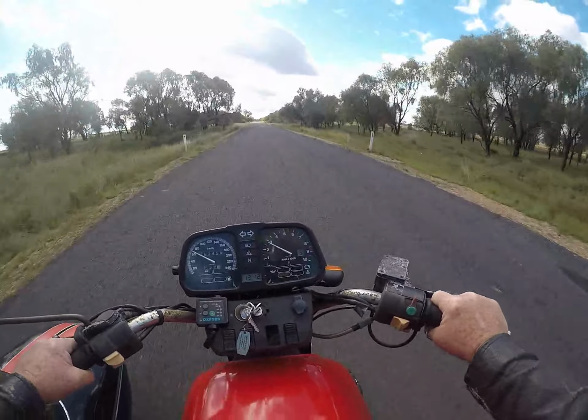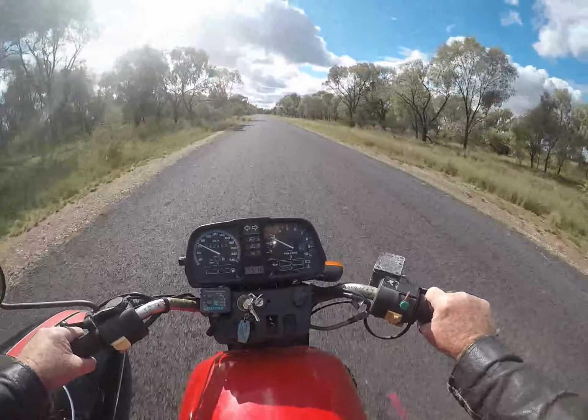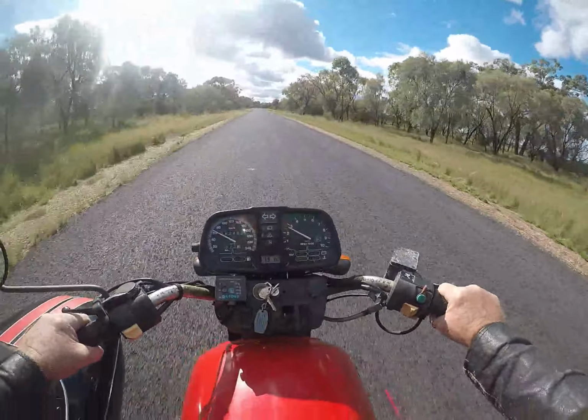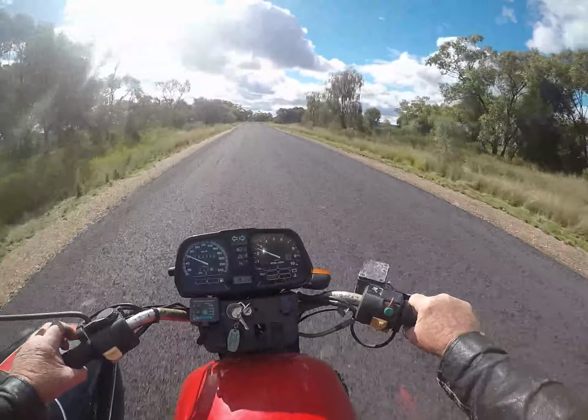Going back to that thing about everything feeling tall and narrow on this bike. I'm finding it hard to find the gear lever intuitively because it's so tucked in. Both the Harley and the Triumph are physically bigger, with bigger parts, as in bigger gear lever and